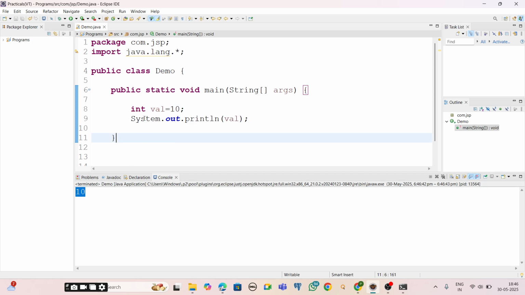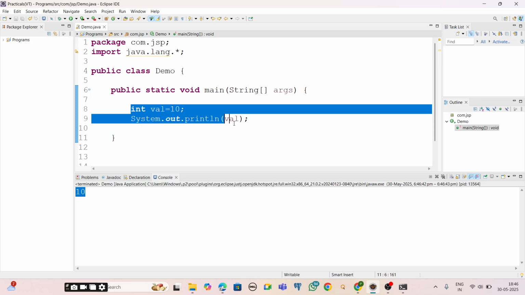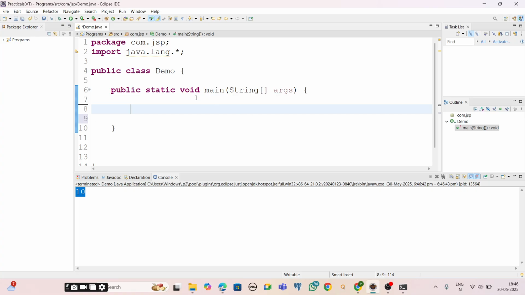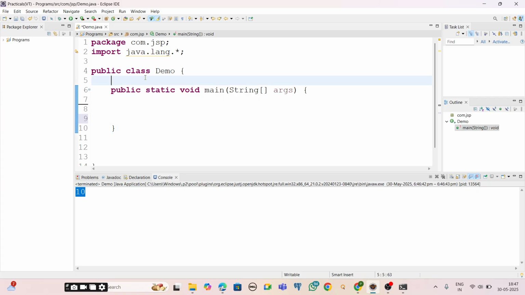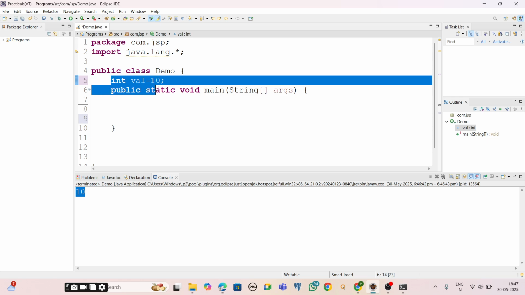The next variable type is member variable. Member variables are declared and initialized within the class but outside the main method, like int value equals 10.